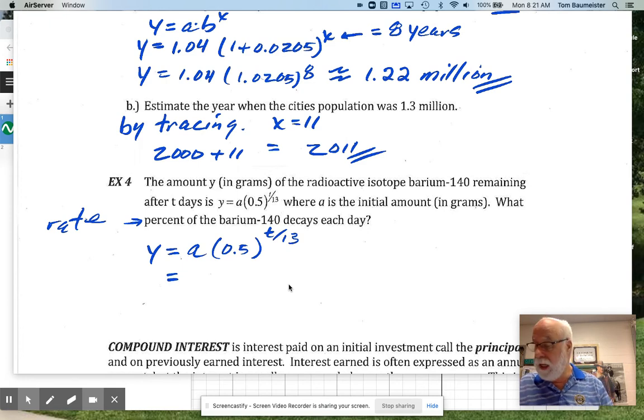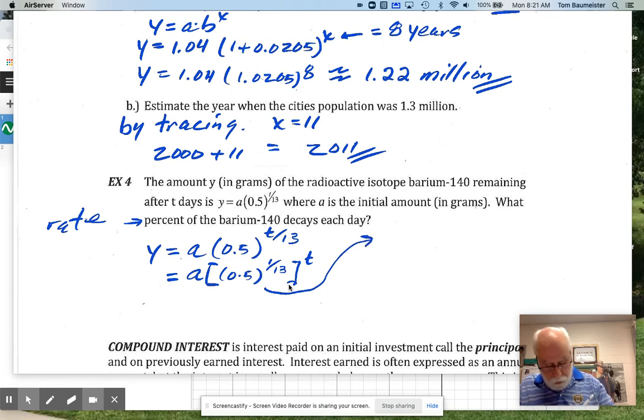Remember that 13, I can rewrite that as a, because right now we're just wondering about the rate. The initial amount isn't going to mean anything to us right now. I'm going to say 0.5. And notice what I'm going to do here. I'm going to put 1 over 13. And then I'm going to put our t outside. Because now remember, when I have it like this,